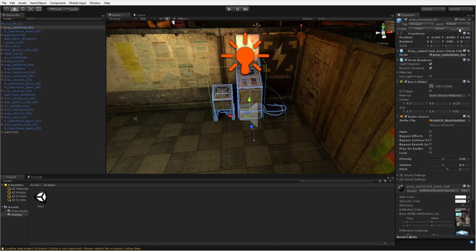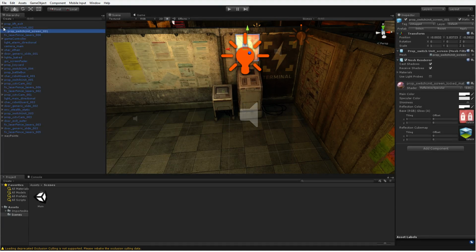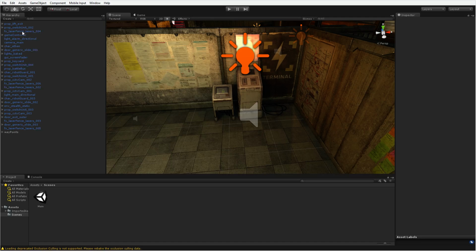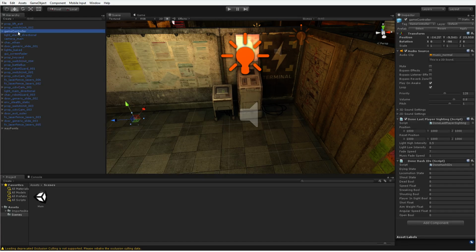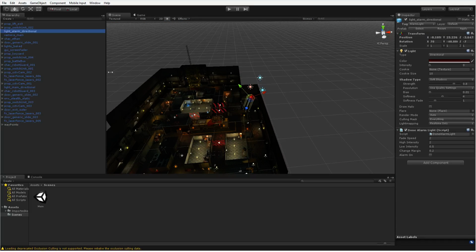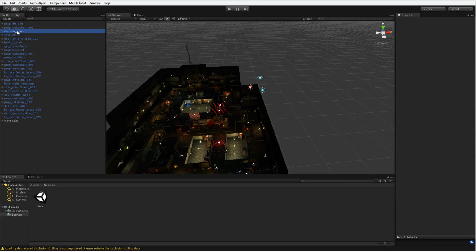And then I'm going to go ahead and hit apply, because this is a prefab, and so that's going to save my changes to all of the prefabs, and so those changes were done to all of them. And I'll make sure there's nothing in here. So nope. All right, and so got rid of that. Another laser fence, we'll get rid of that. A game controller, definitely don't need that. This light shines red whenever the player gets an alarm. I don't need that because we don't have a player nor an alarm.